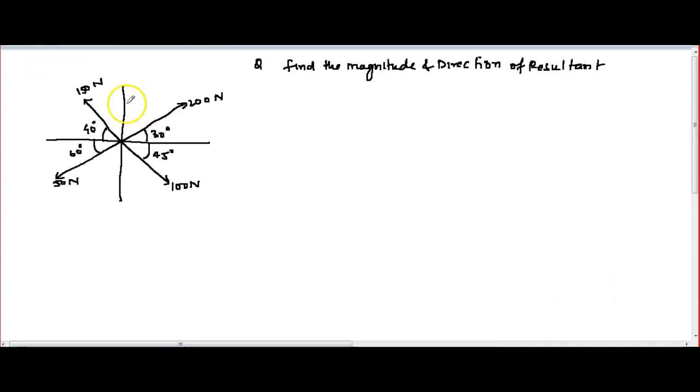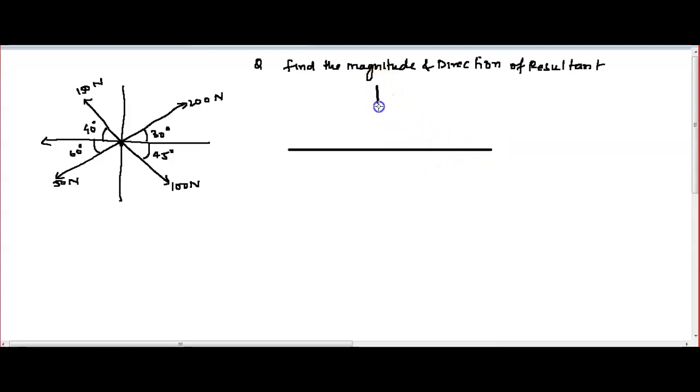Okay, so this question is given here. At this point, consider four forces acting: 200 newtons at 30 degrees, 100 newtons at negative 45 degrees, 150 newtons at 40 degrees along the negative x axis, and 50 newtons also along the negative x axis. Whatever is given here, you draw all the forces again. Okay, this one I will take as a straight 90 degrees.